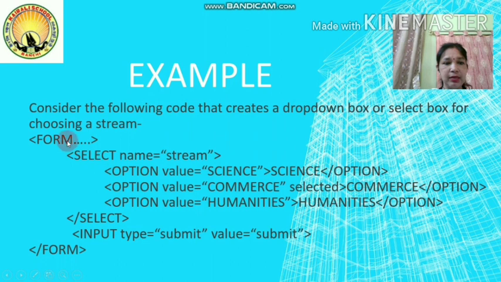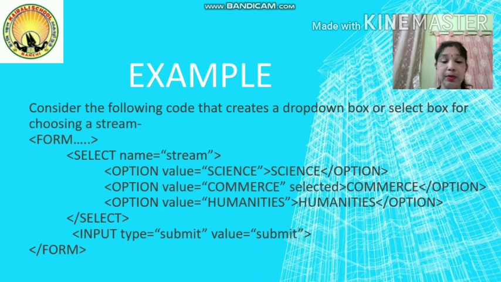Here, see, select form tag you will start, you will close it. Always try to maintain a tree-like structure so that you will come to know which tag is part of which tag. Here form is the parent tag, and inside that I have used select, and I have created one submit button, because most forms require a submit button.